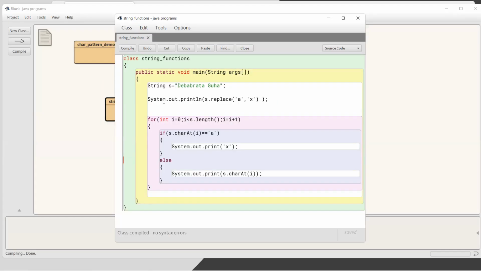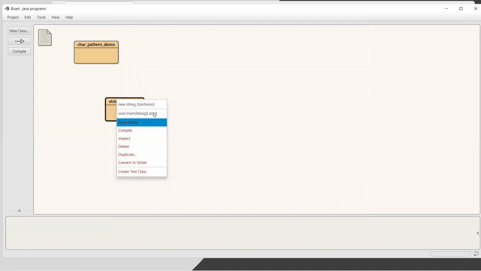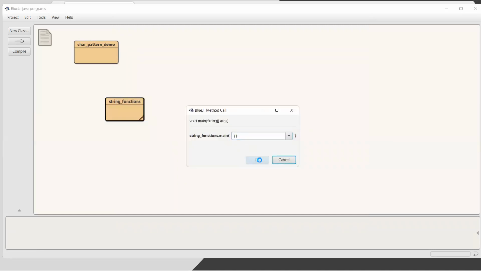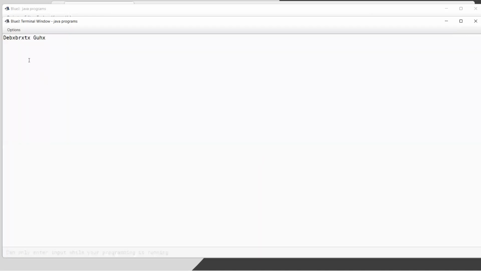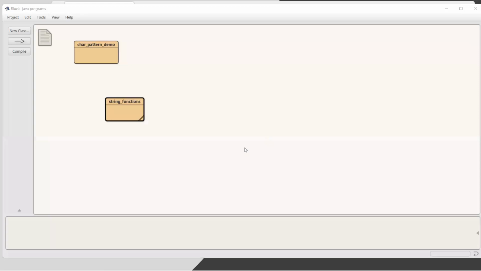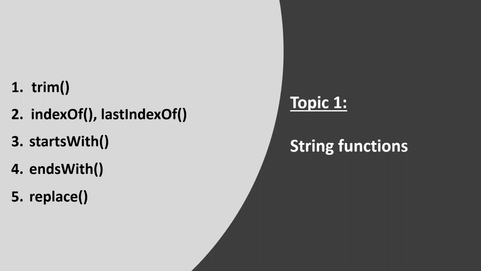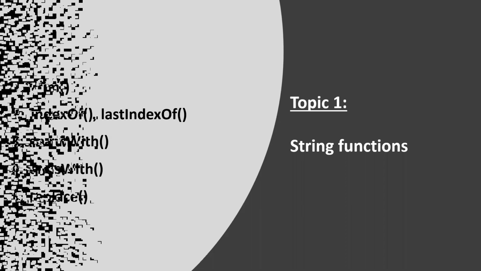Okay, let me remove this one. If I compile and run once again, you can see in place of a, I am getting all the x. And that is the requirement itself. So these are pretty much functions. I have explained 5 or 6 functions. You can go through any link in Google to check what other functions you have. So if I go to the next slide,